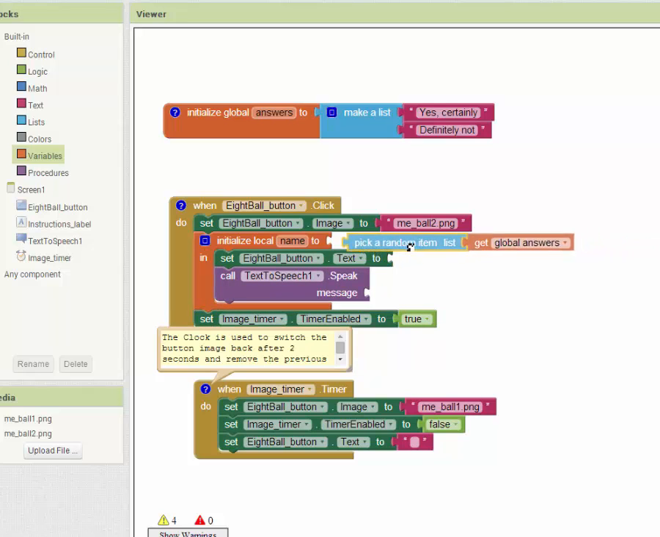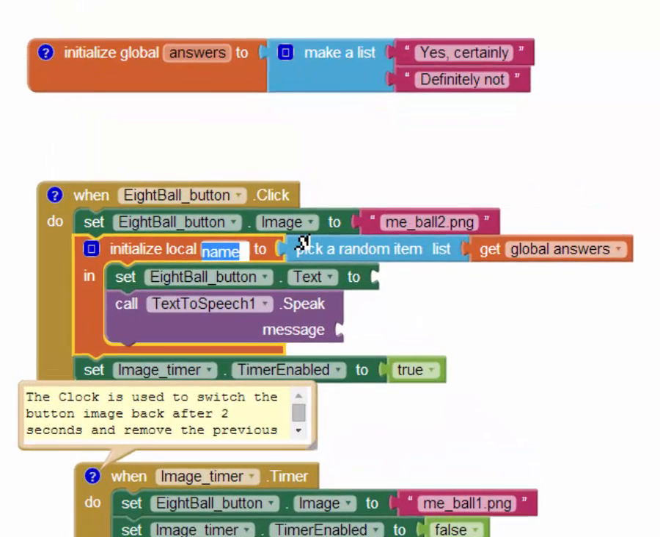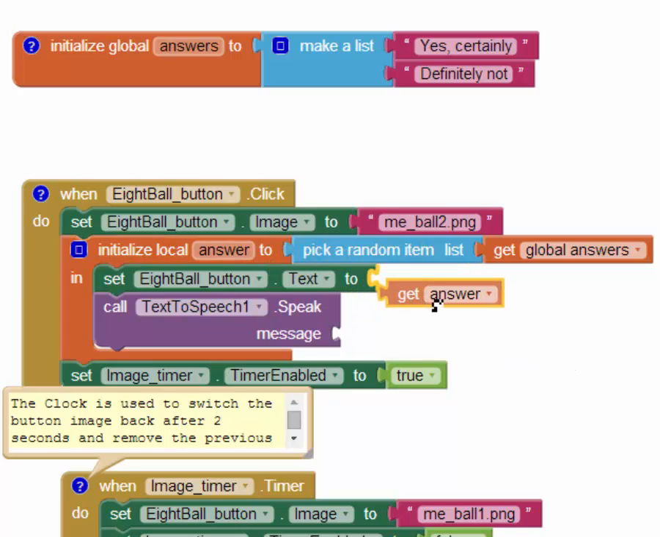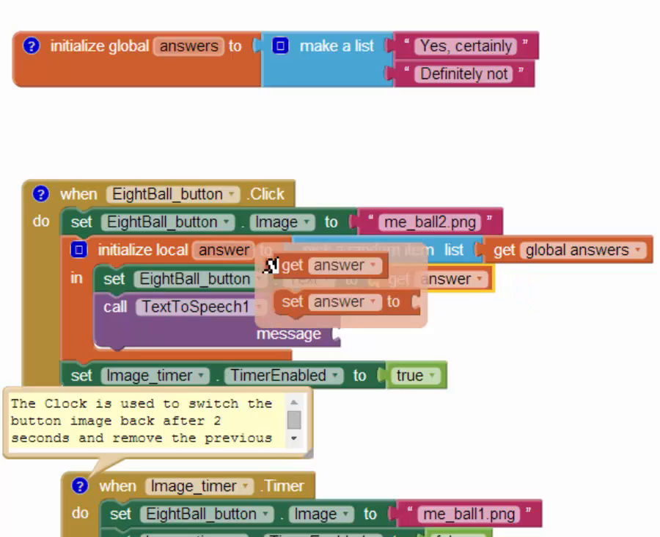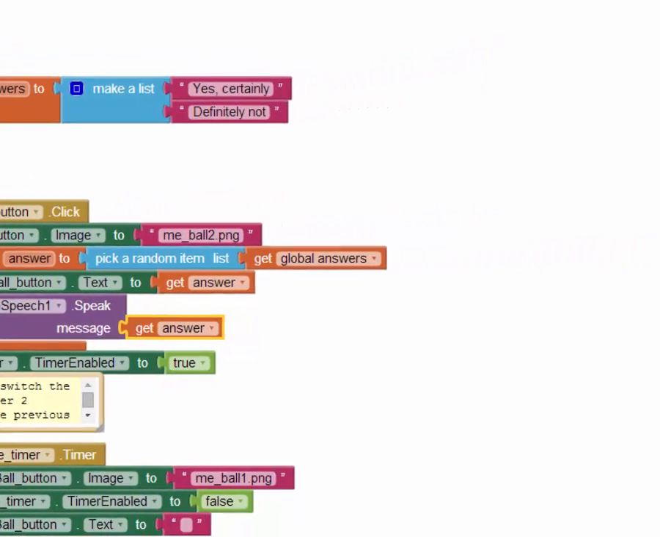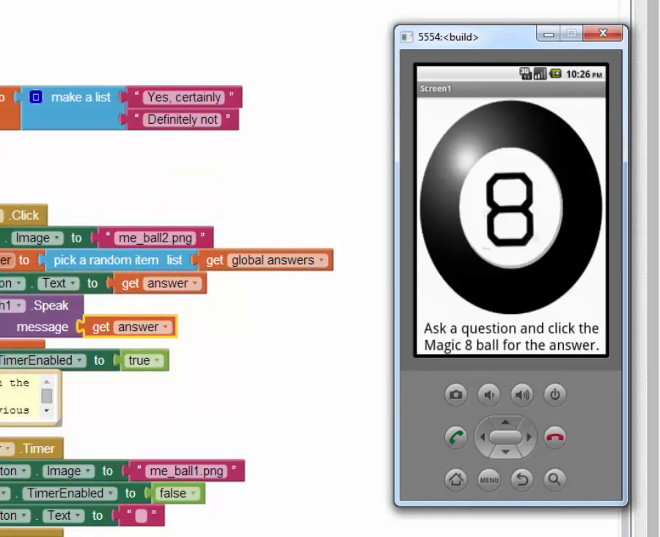So what I'm going to say in here is that I would like to pick a random item from my global answer list. I'm going to put it in a new variable called answer, and then I'm going to set my text to whatever answer is, and I'm going to set my speaking message to whatever answer is. And now hopefully if we get my phone back,